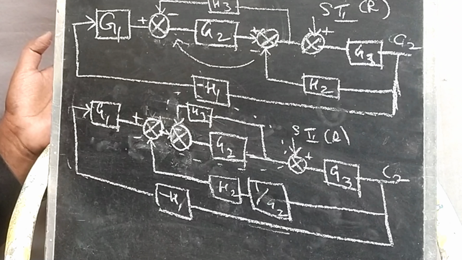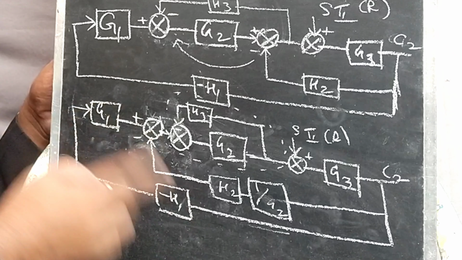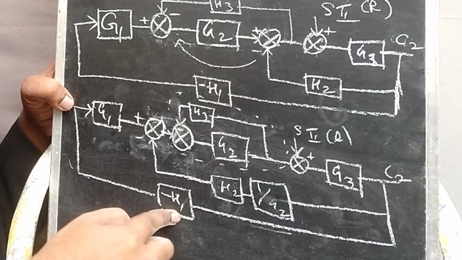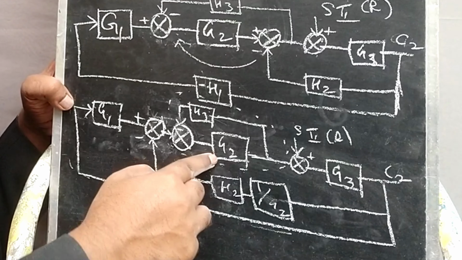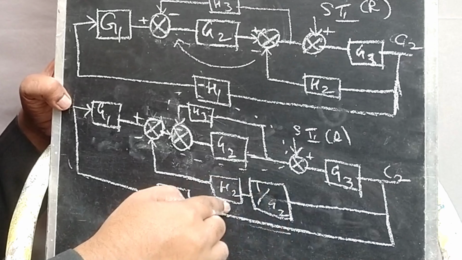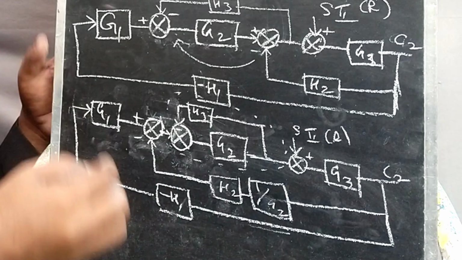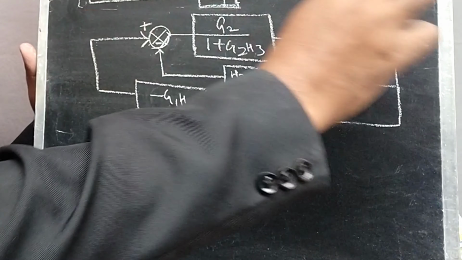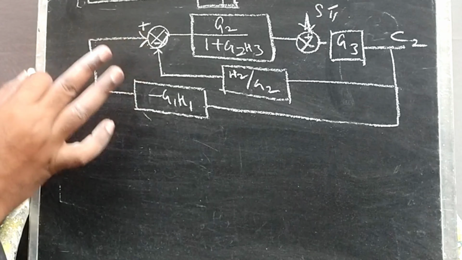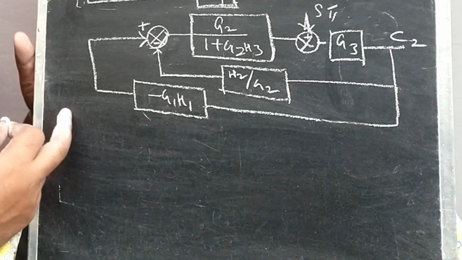Please multiply this. The cascade connection rule is you need to multiply both elements. So minus G1 H1 is cascaded here, and here this feedback path is removed, and this particular H2 and 1 by G2 is a cascade connection. We just multiply here. So apply all the rules and get the block. We are taking all these eliminations and feedback connections, and the parallel and cascade connections are over. We got the block like this.